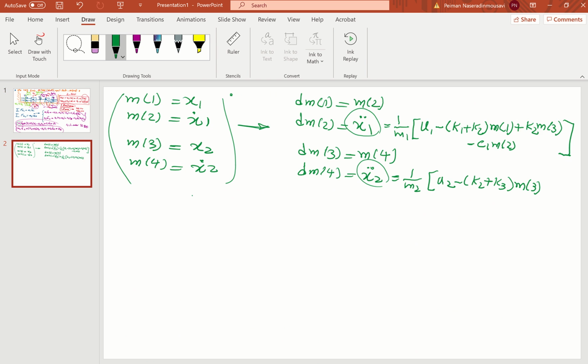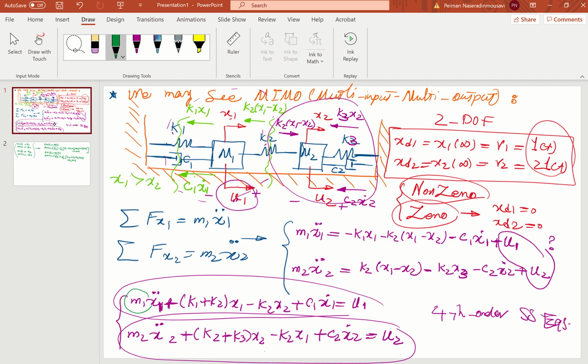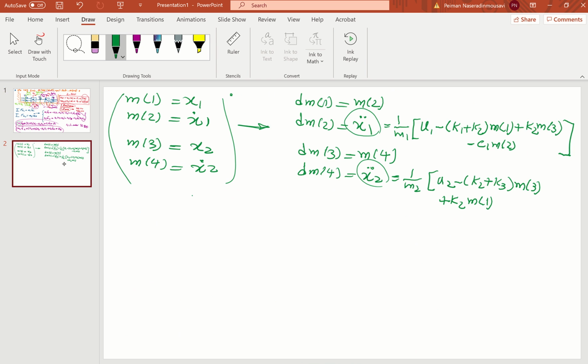Plus k2 x1, x1 is m1, minus c2 x dot 2, x dot 2 is m4. Here we go. So our state space equation is going to be